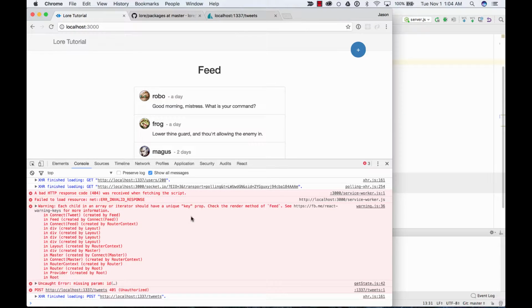As for the other error that we see, we've seen this one before. Each child in an array or iterator should have a unique key prop. And we saw that before. It was because we weren't associating a unique key with each item in the feed, each tweet in the feed that we were rendering. And the reason that we're seeing this again now is because Lore implements a pattern called